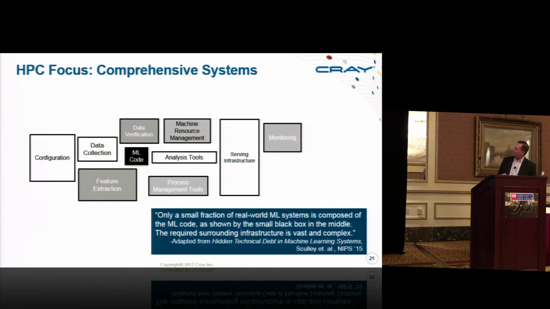Okay, running out of time here, so we'll run through this quickly. Another reference is a paper by some smart folks at Google, adapted from Hidden Technical Debt in Machine Learning Systems. Only a fraction of real-world machine learning systems is composed of the ML code. That's the black box in the middle here, and you see the supporting ecosystem that sits around it. There are lots of other pieces to this: data collection, the streaming components, how we classify and categorize data as it's coming off the wire. These things are all incredibly important, and to some degree they're going to dictate whether or not you're successful with your implementation.